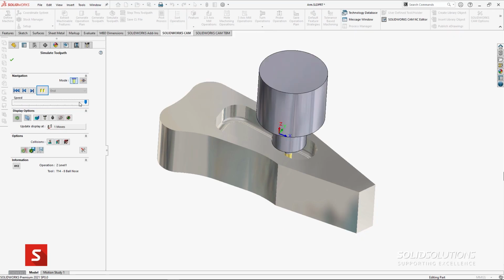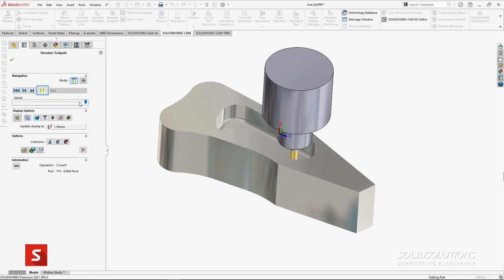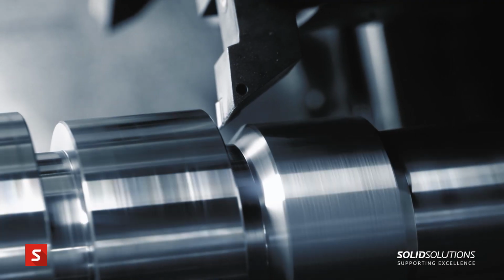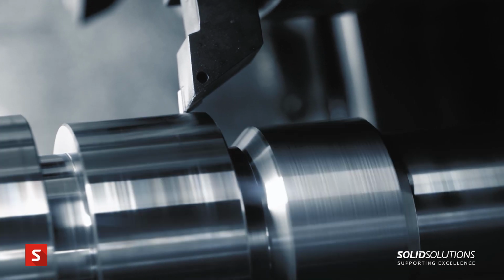SOLIDWORKS CAM makes generating toolpaths really easy. We recognise the features from the design model and then use a technology database to show how we would like to approach those, whether it be a roughing and a finishing pass, or potentially a drilling operation, for instance. The database can take into account material type, the width, the length, and the depth, as well as what feature has been recognised, to give you lots of customisation to how you want to approach lots of different scenarios while machining.